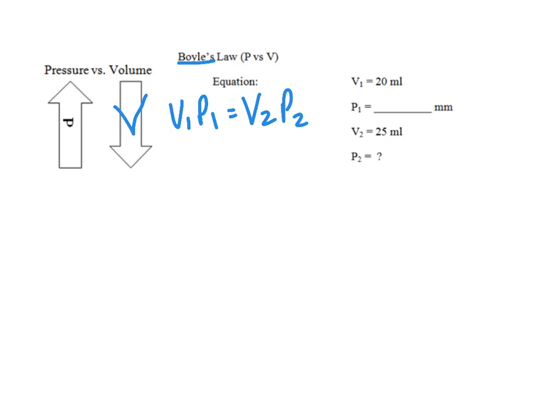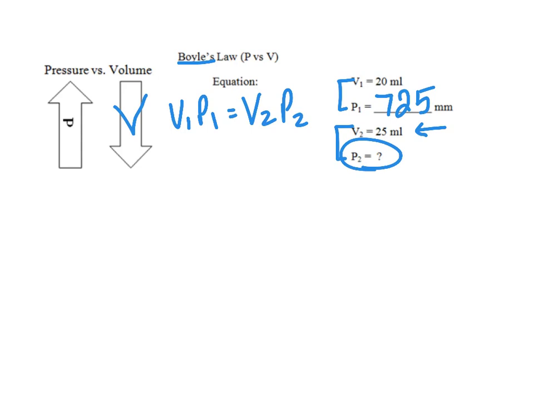So if we worked a problem over here on the side, let's say our volume was 20 mils. We had a balloon filled with 20 mils of some gas. And say the pressure we read off a barometer in the room was 725 millimeters. So these are our initial values. The twos are the final values. After you change either the volume or the pressure, what happens to the other one? So what we're going to change is the volume. It's no longer going to be 20 mils. We're going to change it to 25. We're going to allow the balloon to expand 5 mils bigger. So we want to figure out what happens to the pressure.